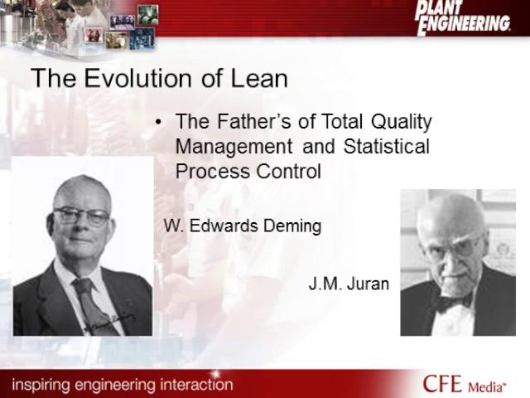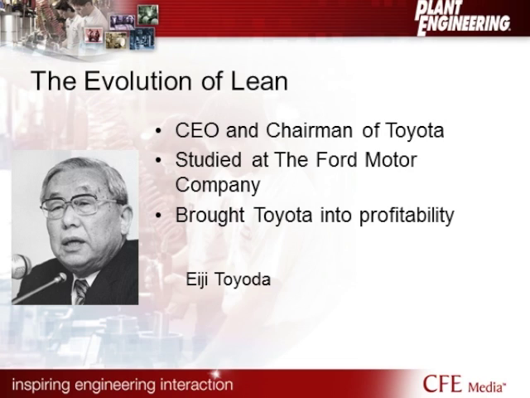We'll move on to the next slide, where we'll talk a little bit about Edward Deming. Many of you have probably heard of Edward Deming. He's one of the fathers of total quality management. We also have Juran, who was one of the fathers of statistical process control. These two individuals started to take some of the work that Ford had started and begin to perfect that moving forward. Now, as we move into the Toyota side of the story, many people know of Lean as being something that was generated out of the Toyota production system, but interestingly enough, many of the concepts came from the folks you saw in the last few slides.